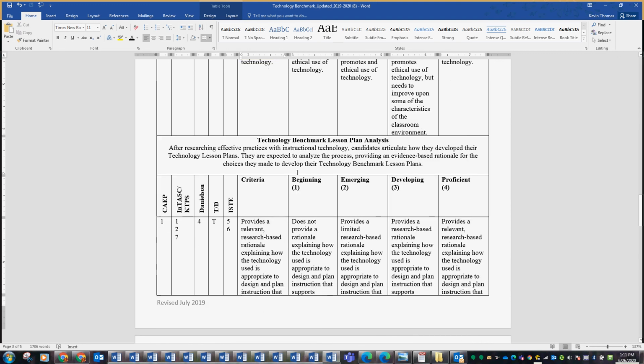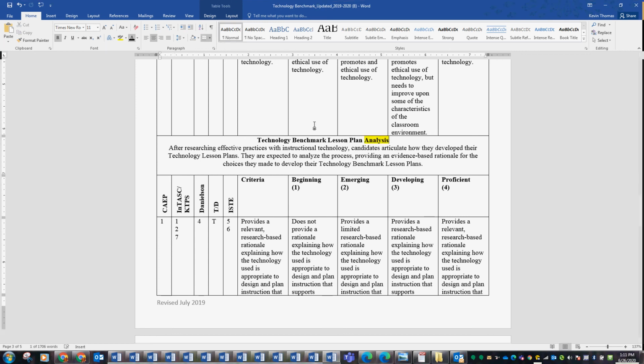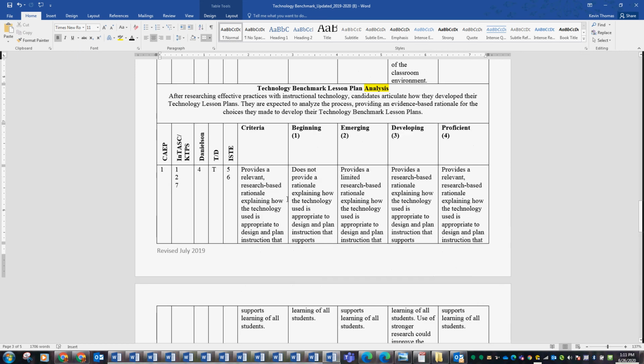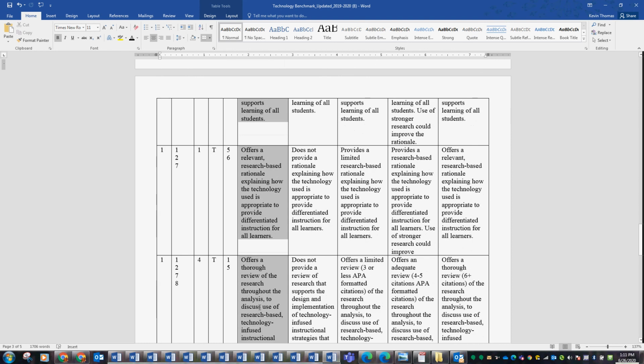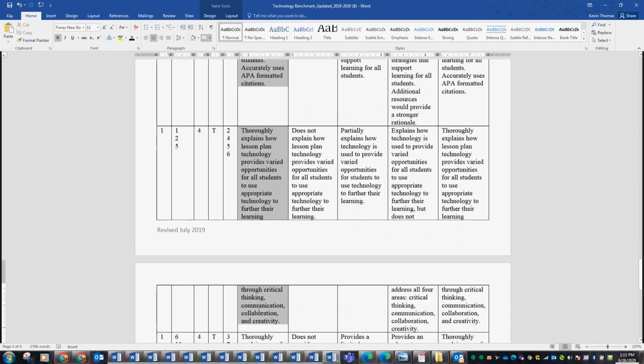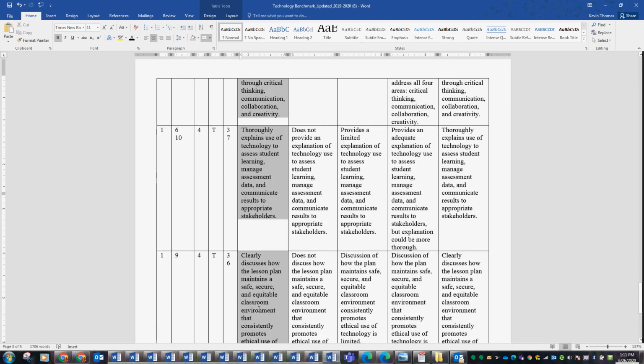Now, I know you're thinking, oh my gosh, we got a whole other section to go. Okay, well this one's a lot easier, because this second part is your analysis, and what we mean by analysis is you're going to write a reflective paper where you're going to discuss the choices that you made in your design of your lesson. So if we look at these criteria here,